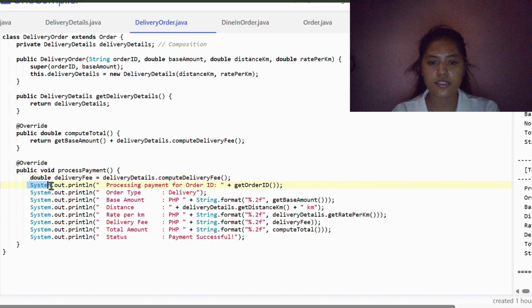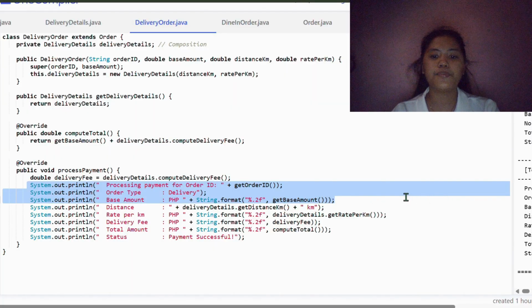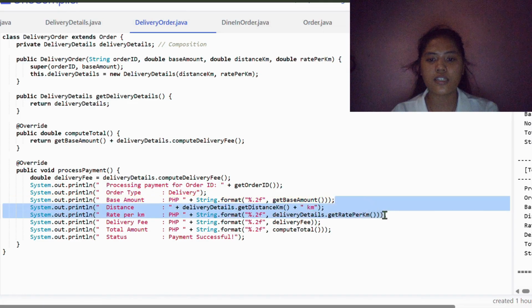System.out.println("Processing payment for order " + getOrderID()); System.out.println("Order type: Delivery"); System.out.println("Base amount: PHP " + String.format(getBaseAmount())); These three lines print the order ID, the order type, and the base amount. We use String.format to make sure that the numbers are always displayed with two decimal places so it looks clean and professional. System.out.println("Distance: " + deliveryDetails.getDistanceKilometer() + " km");